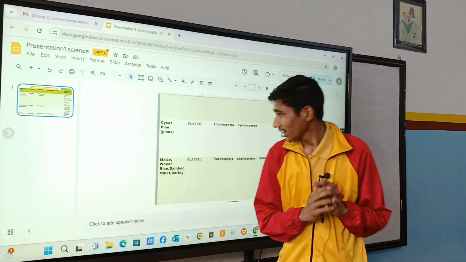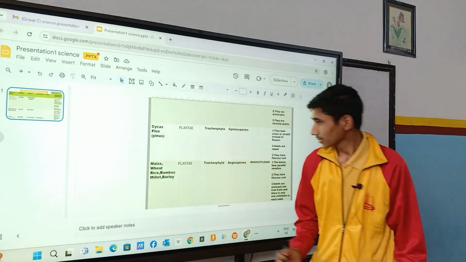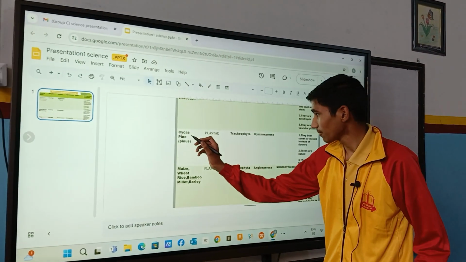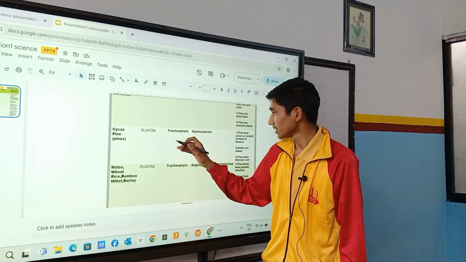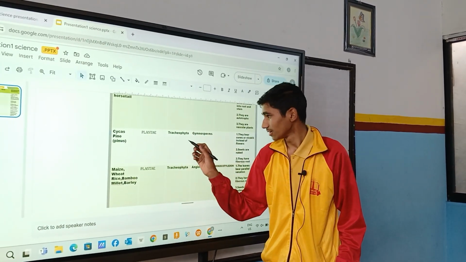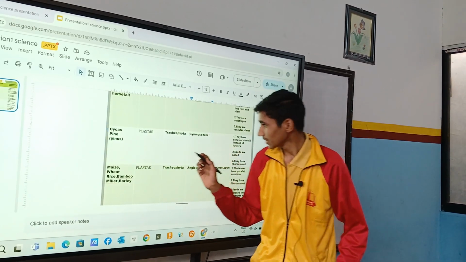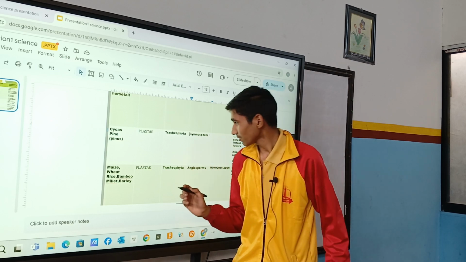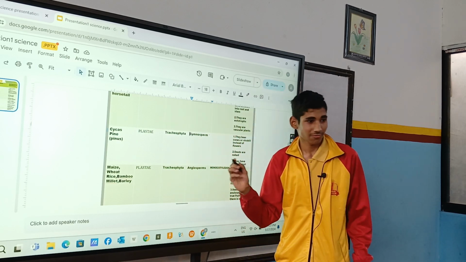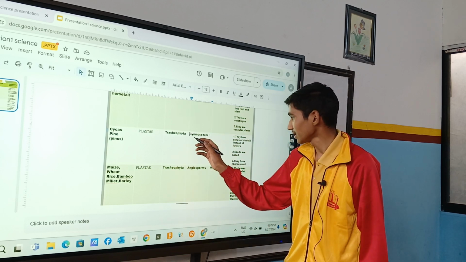Namaskar everyone. I am going to explain about classification of kingdom Plantae. So, let's take an example of pine. It is a plant. It lies in kingdom Plantae and its division is Tracheophyta. It is in division Tracheophyta because it has very well developed xylem and phloem, which are responsible for transportation of water and food materials in the plant, and its subdivision is